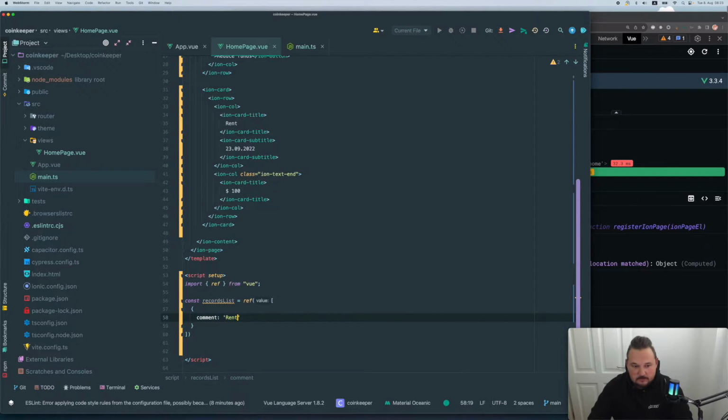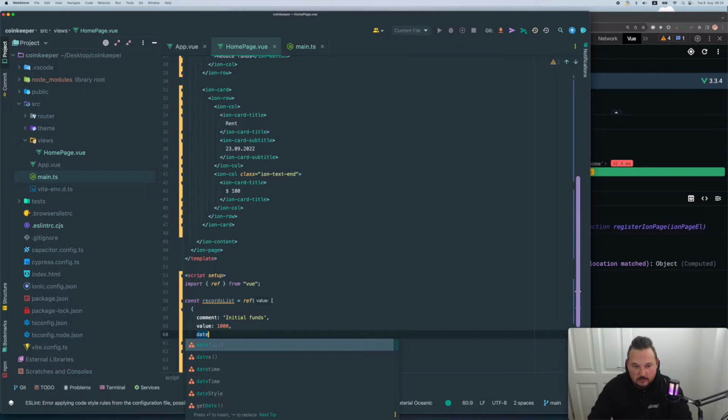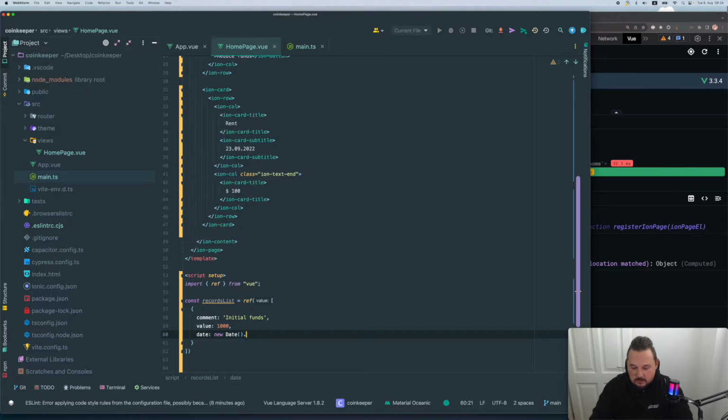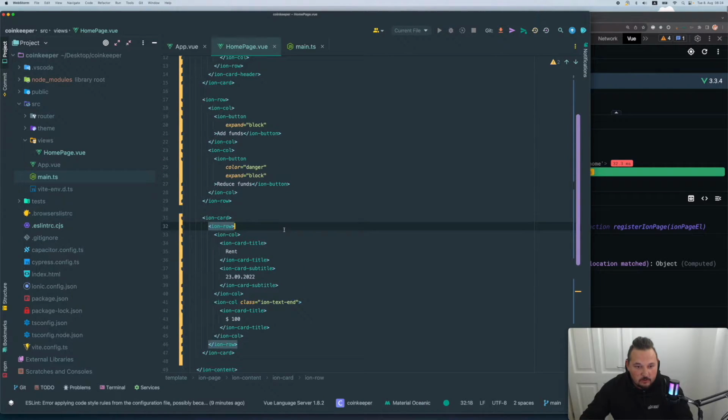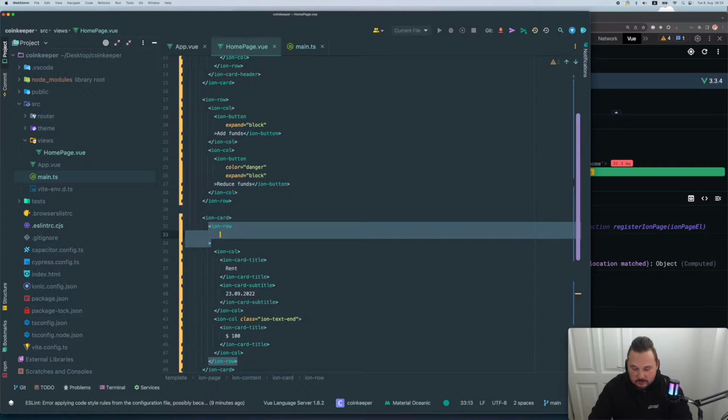Let's say rent, or actually let's do initial funds. We'll have a value, which is going to be $1,000, and we're going to have a date, which will be new Date toDateString. And let's loop through that. So we have our row. We just say v-for